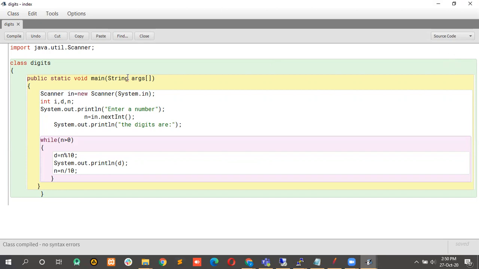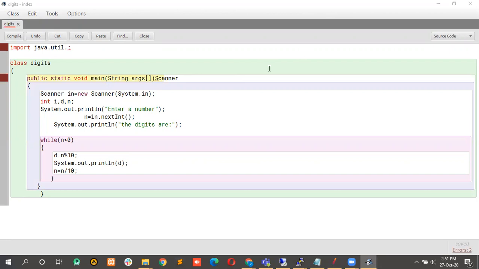Over here I have imported java.util.Scanner, so the user has implemented the scanner package. After implementing the scanner package, whenever the user implements it, the scanner object needs to be created.